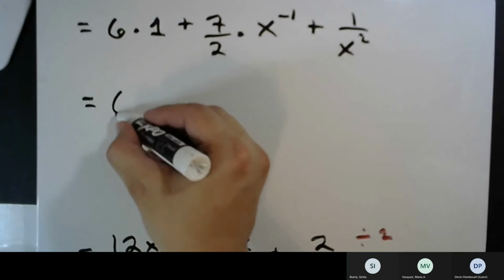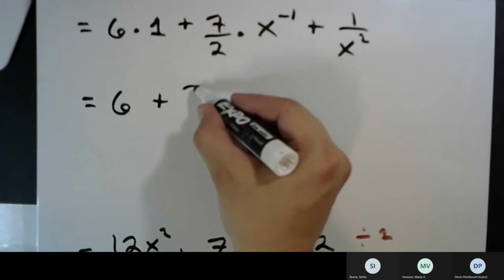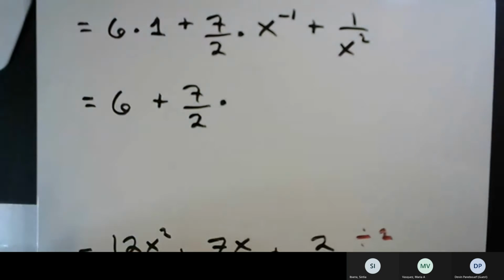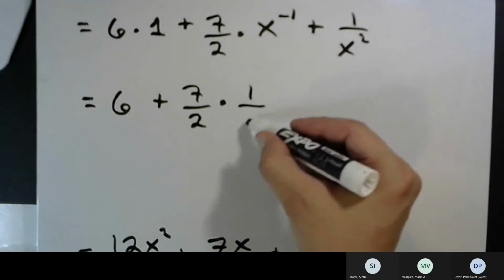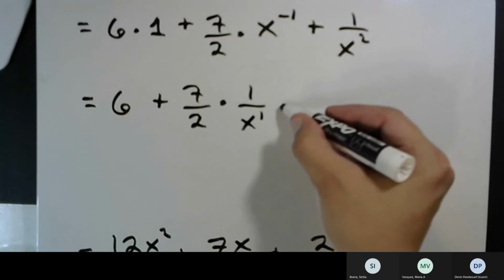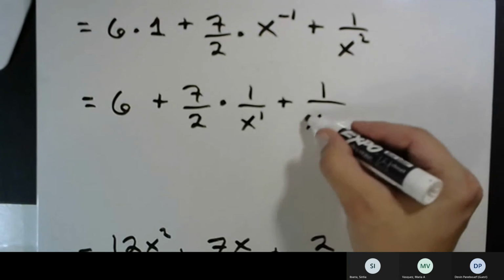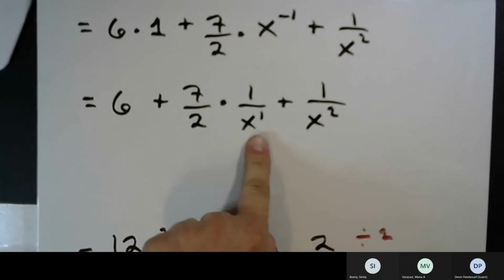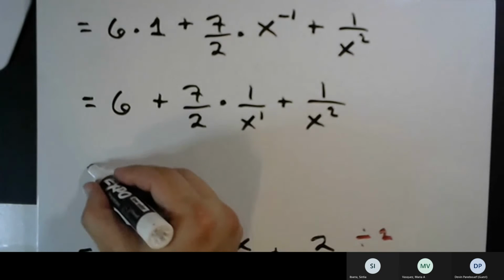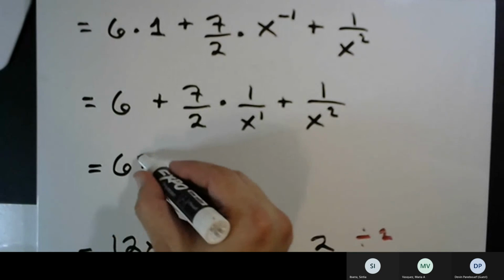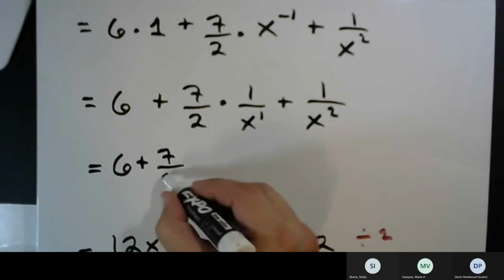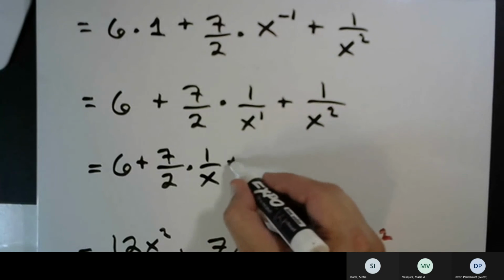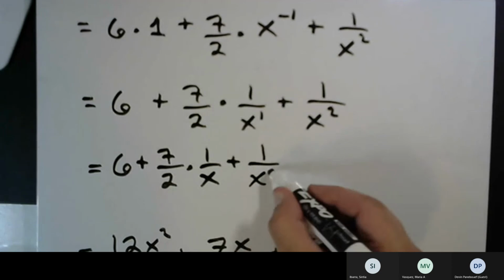So this is going to be 6 plus 7 halves times, and we got to flip this, 1 over x to the 1 plus 1 over x squared. And again, x to the 1 is just x. 6 plus 7 halves, 1 over x plus 1 over x squared,